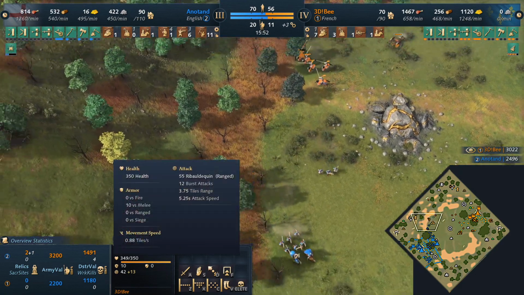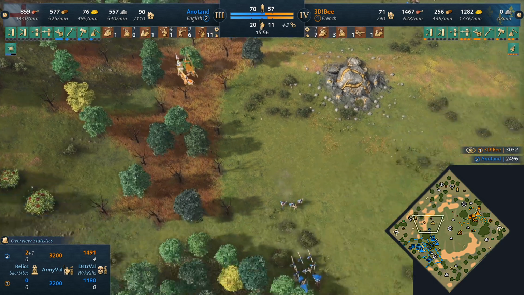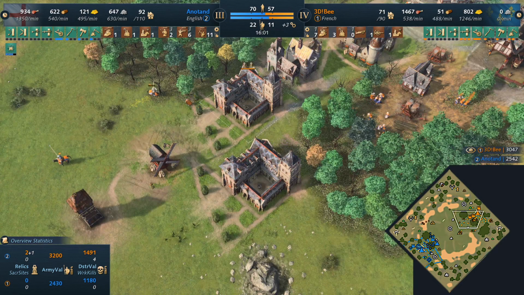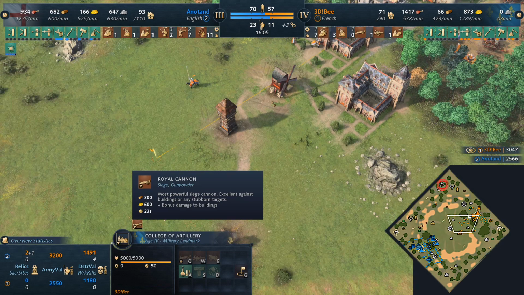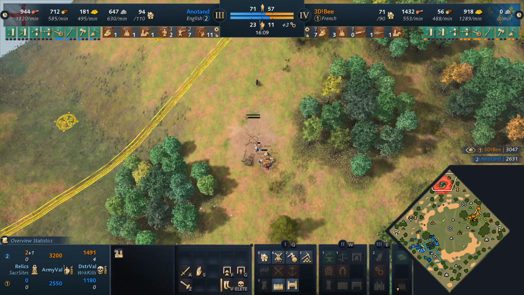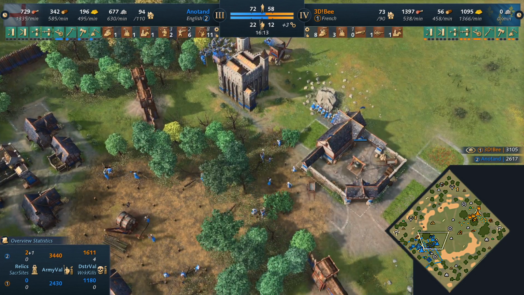You'd love to see it. As you can see, 55 attack, 12 burst attack as well. Not the fastest attacking unit, but once it does, it can be devastating. We do see a Royal Cannon coming out too. Super excited to see this unit, have to be said. He's looking to get the boar as well in the north corner of the map. Does have 8 villagers as well, so he's going to be maxing that out as much as he can